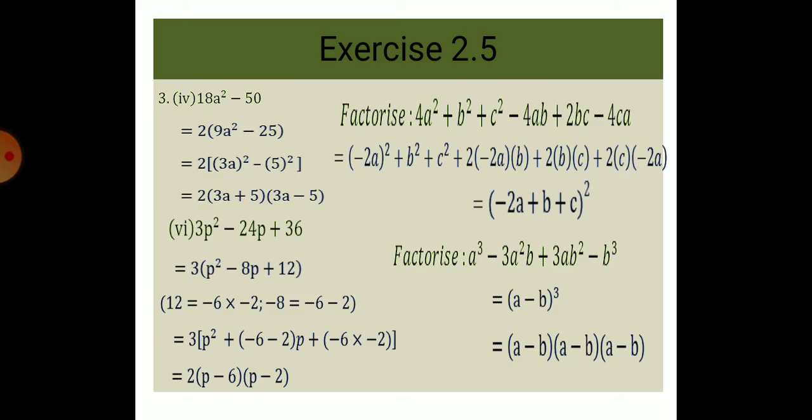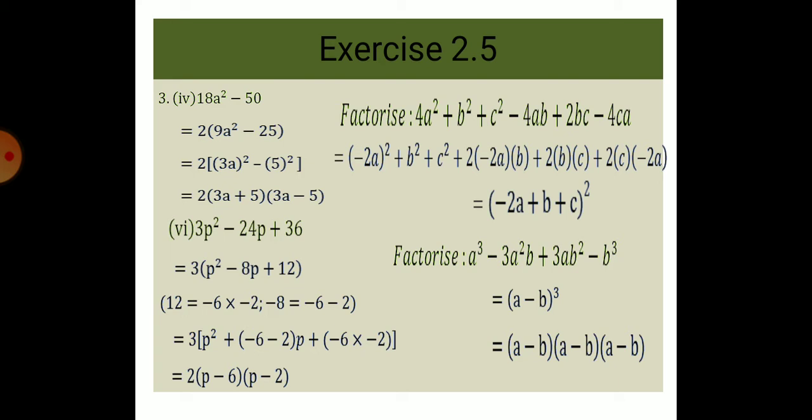So which identity form is it, children? x² + (a + b)x + ab is equal to (x + a)(x + b). But here a and b are negative terms. So we write this in the form of that product: 3 of p² + (−6 − 2)p + (−6)(−2). So the factors are (p − 6) and (p − 2) into 3. Therefore, the factors of 3p² − 24p + 36 are 3(p − 6)(p − 2).